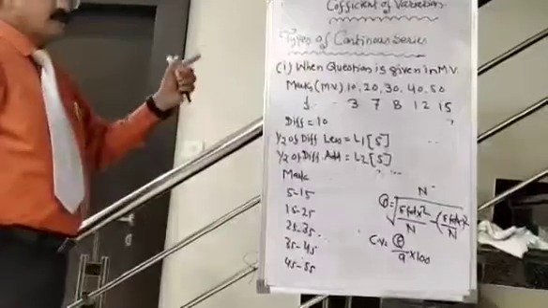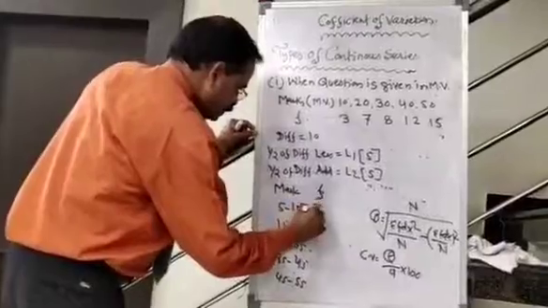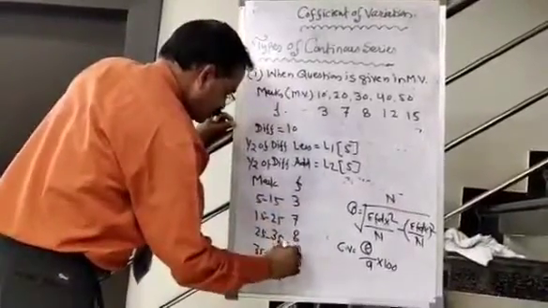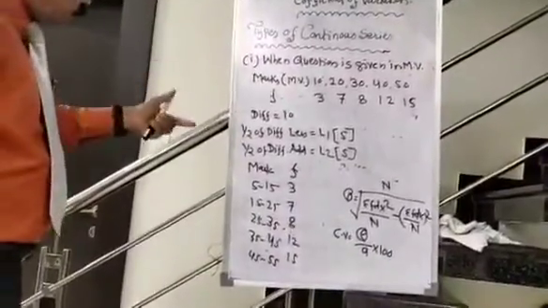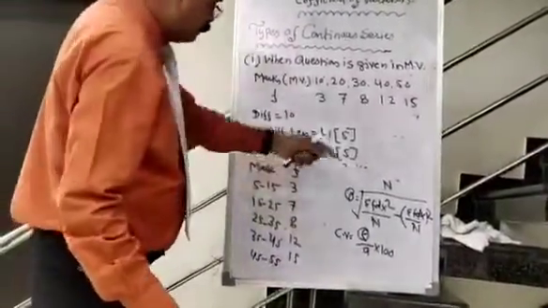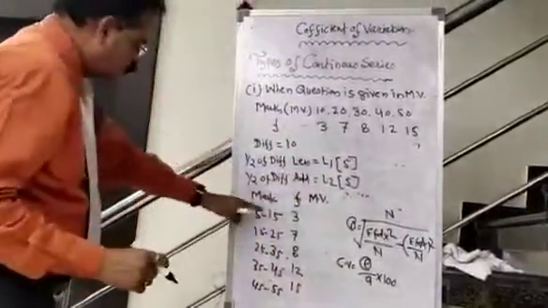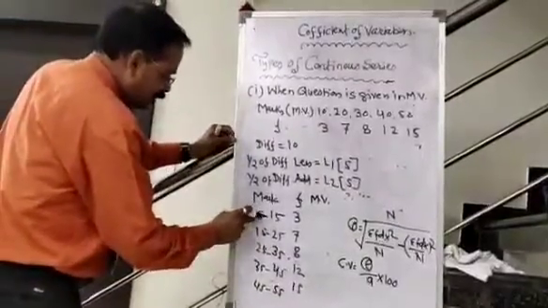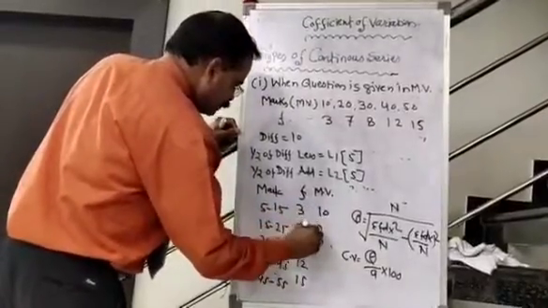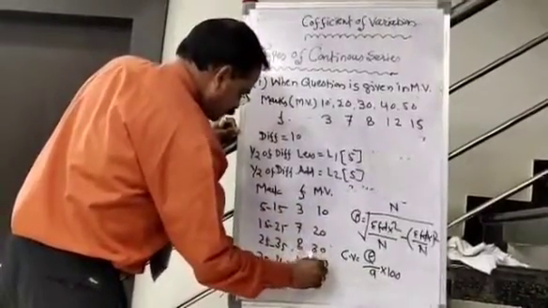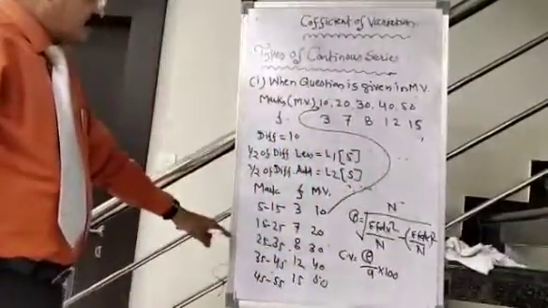After that, we should write frequency as it is which is given in the question. This will be 3, 7, 8, 12, 15. After that, we should compute mid value for mean and standard deviation. So mid value, we can check this group is correct or not. How we should convert? L1 plus L2 divided by 2. So it will be here 20 divided by 2, 10, 20, 30, 40, 50. So we can check our group is correct or not.